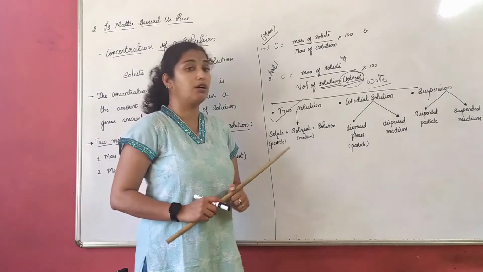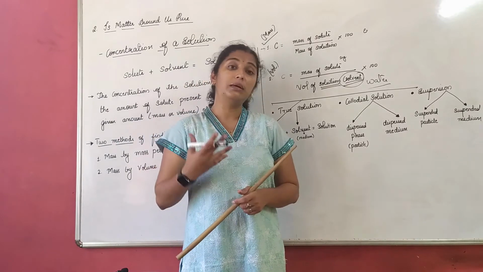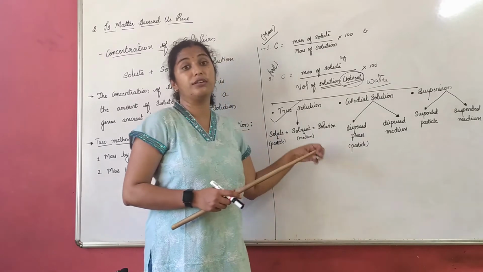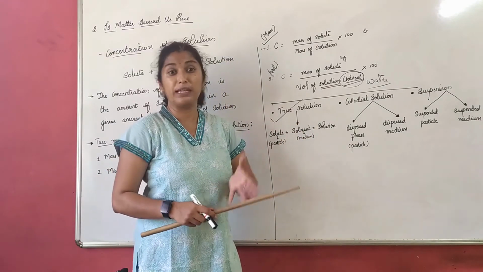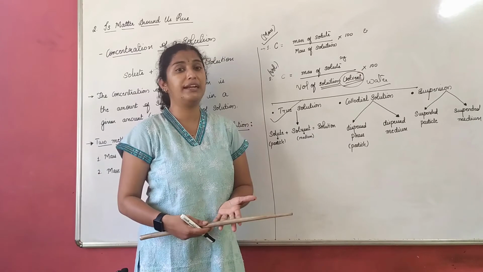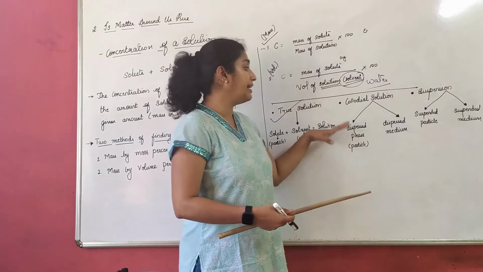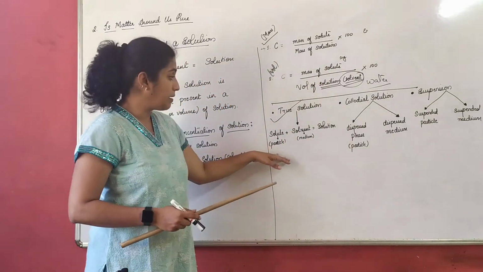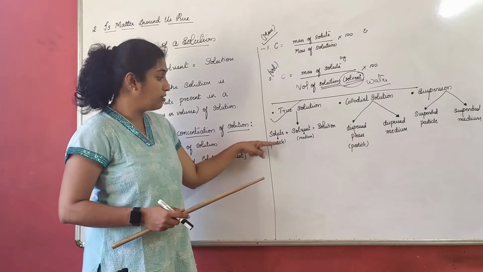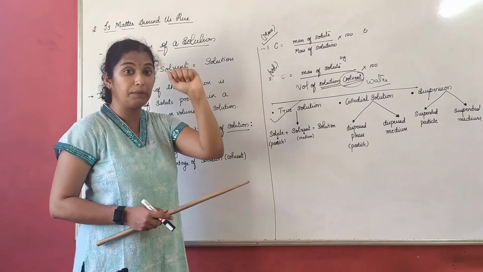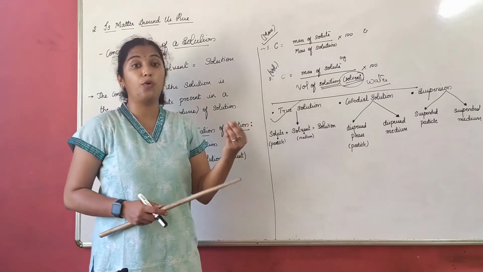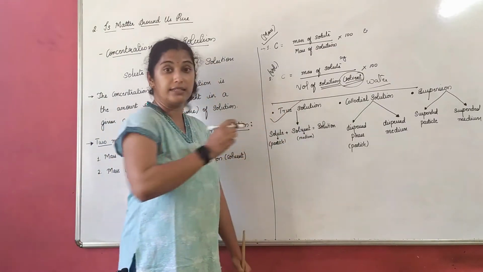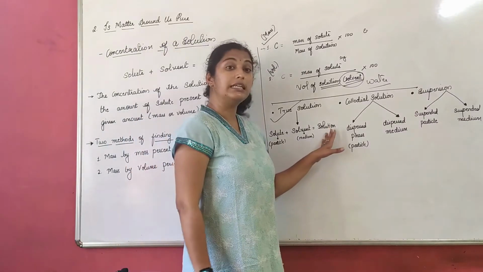When we talk about colloidal solution, for example, as I told you, milk is a colloidal solution, right? Paint can also be an emulsion. There are so many examples of colloidal solution. In these colloidal solutions, we also have particles and a medium. For example, solute is the particle. I am adding some sugar particles, assume. Solvent is water, that means solvent is the medium. I am adding this in this. Am I right? So I get a solution.